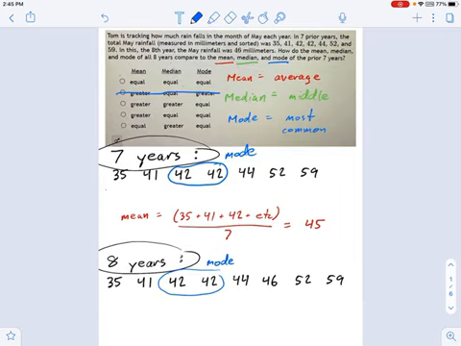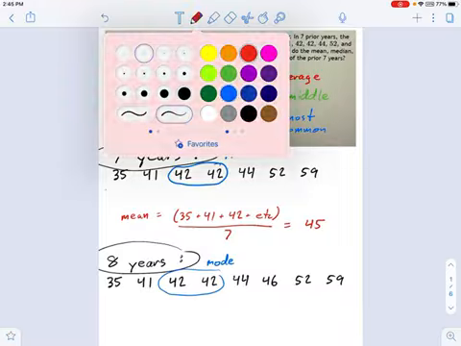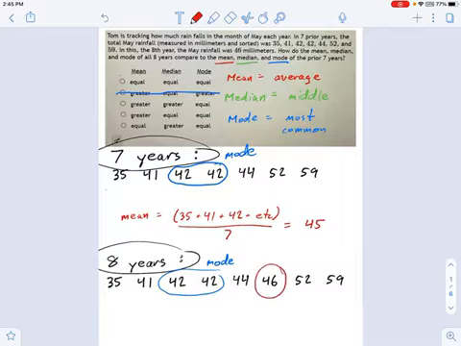I've already calculated the mean of the first set of data, right? I added up all those numbers and they came out to 315 divided by 7. That made 45 the average rainfall per year in the month of May. And the question is, how does that change with the addition of this last data point, 46? Well, 46 is greater than 45. So I don't even have to do this addition all over again. I know that's going to make the mean greater. If it were 45 again, then the mean would be unchanged, and sometimes you'll see that happen. But I know that we're going to be greater in the mean.